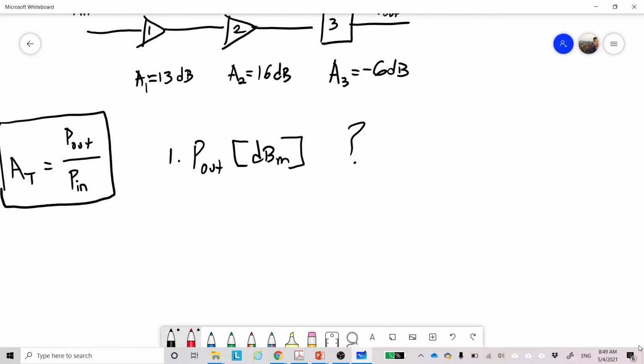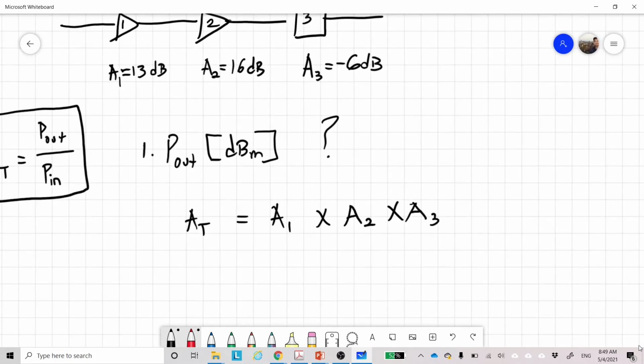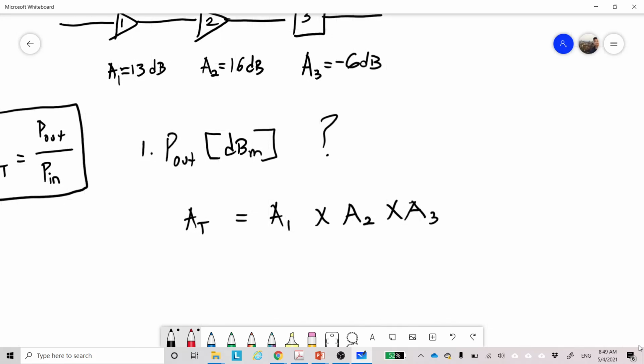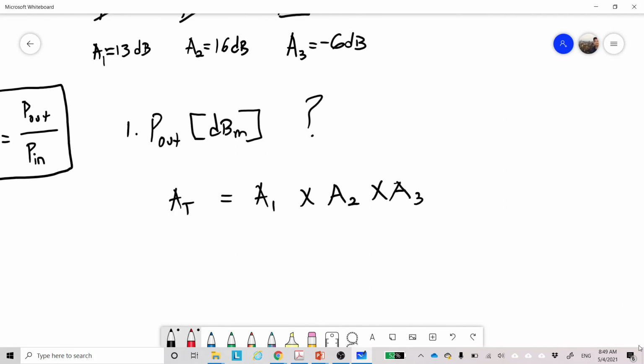If you remember in the previous slides, we calculate A total as A1 multiplied by A2 multiplied by A3, which we have learned before. However, if this is in terms of decibel, we need to do something else. A total in dB,